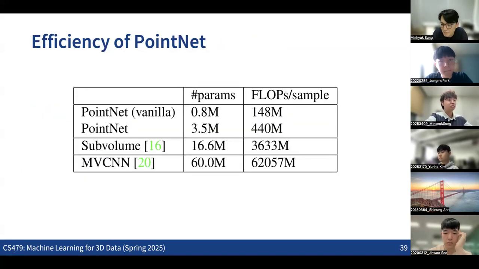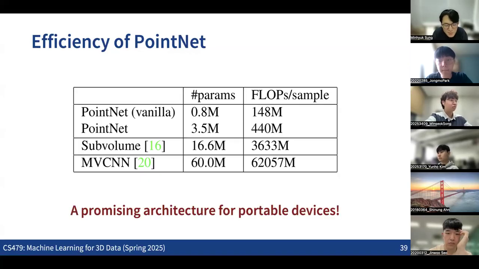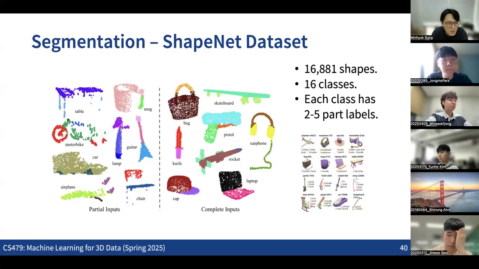Clear? So this can be especially good for mobile devices or cases where we cannot have very heavy architectures. And also for the segmentation,